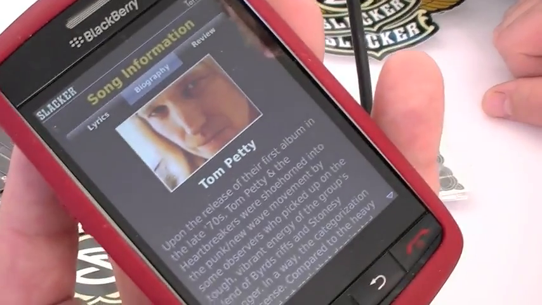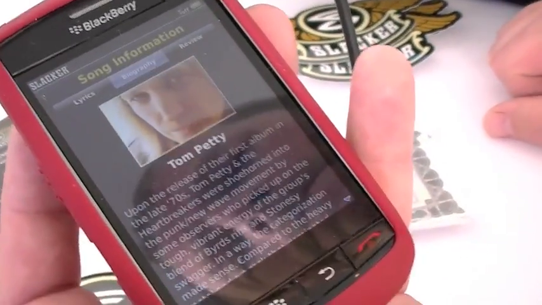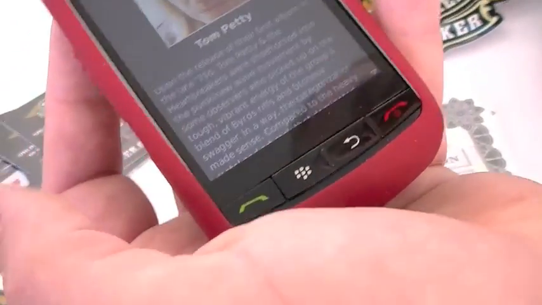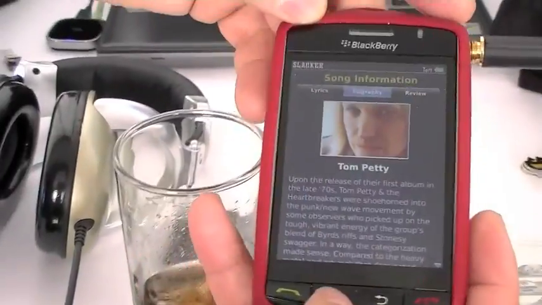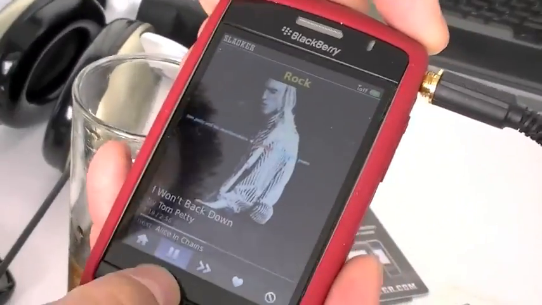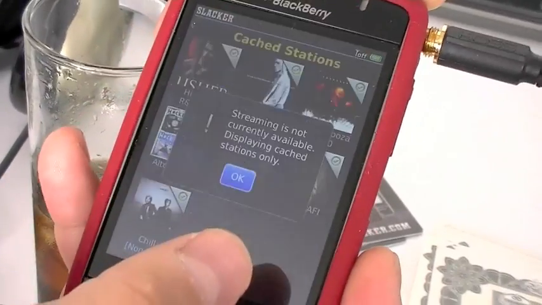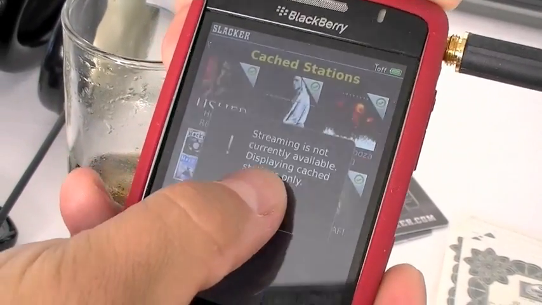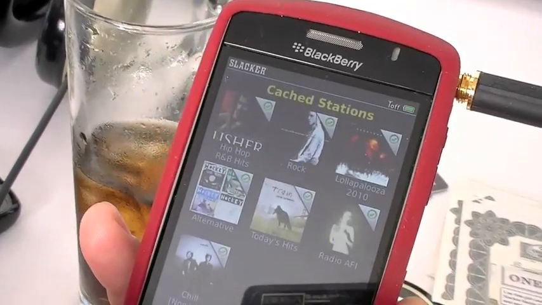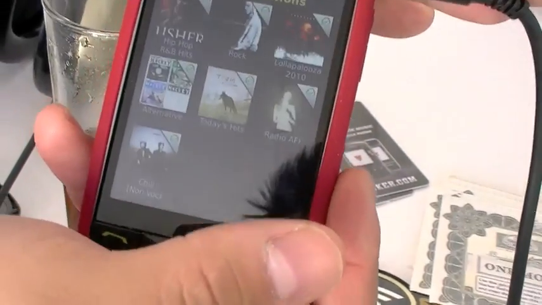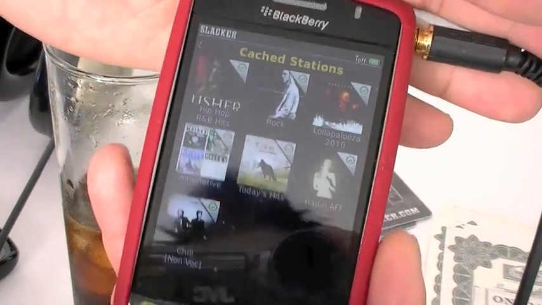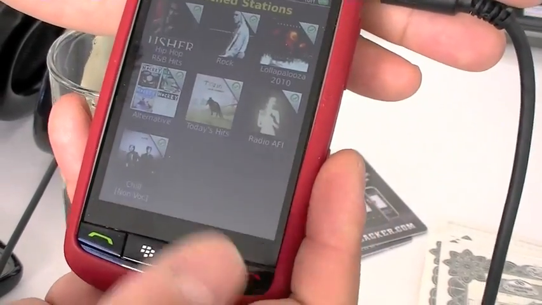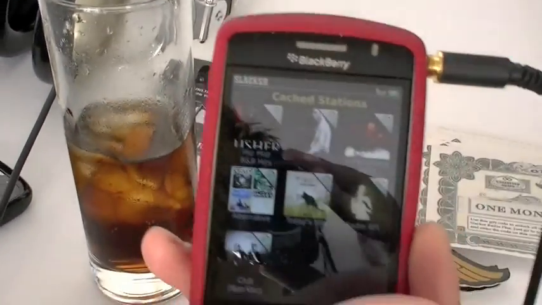Would you be able to walk us through how the caching process works, or how you would do that on the device? Sure thing. Let's get Patrick to show you that. Okay. So, real simply, you can do it from a couple of different locations. Actually, let me show you online, because since we're offline, all I can see are the stations that I've already saved onto my BlackBerry. But if I want to be able to cache some stations, let me actually do that from another phone. Is that okay?